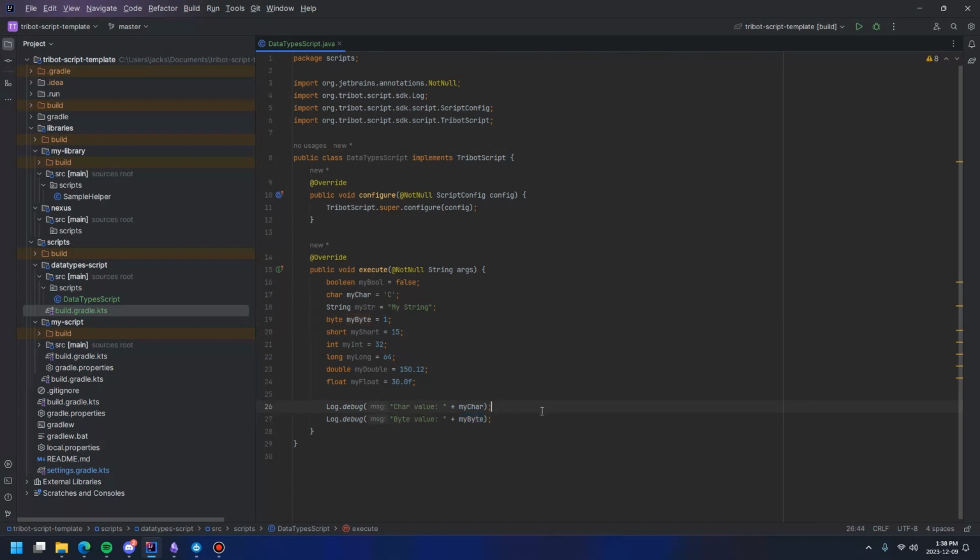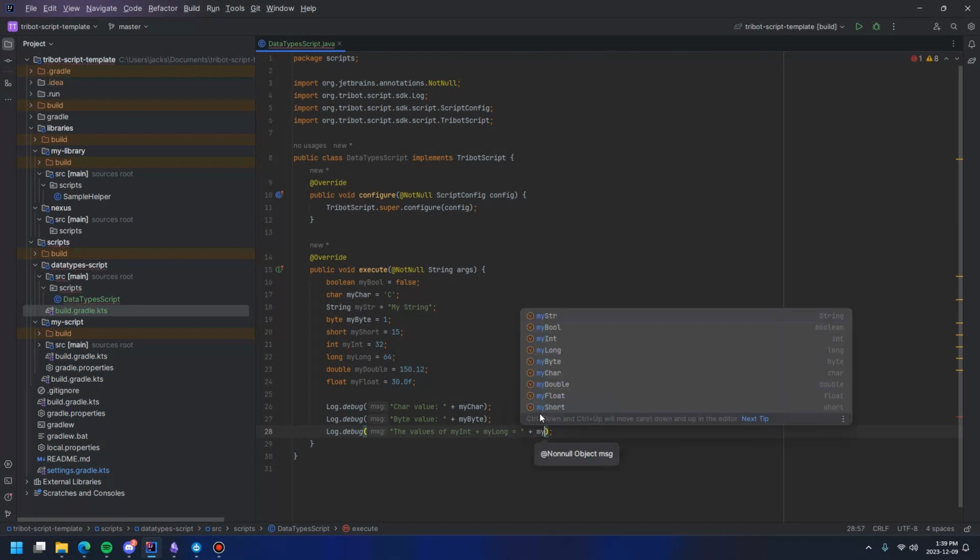But if you were to use two numbers, we'll say log.debug, and let's just say the values of my int plus my long is equal to this. So we'll say my int